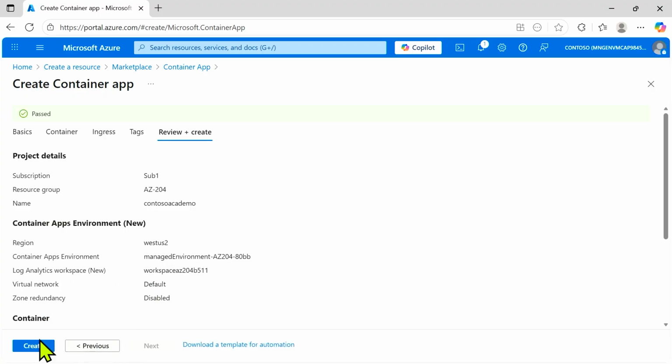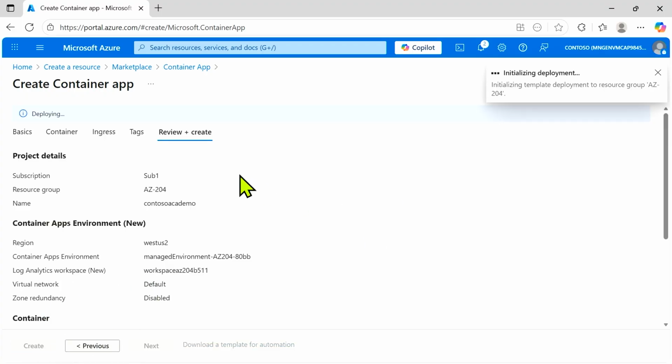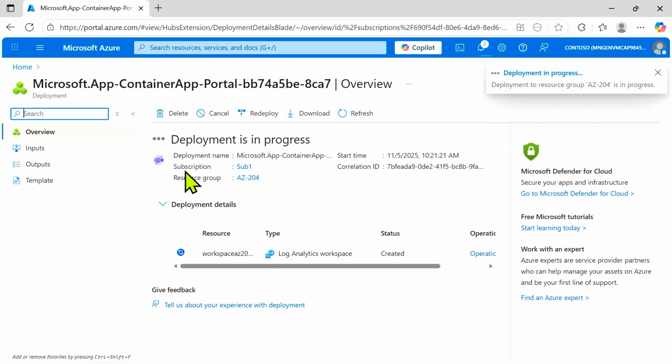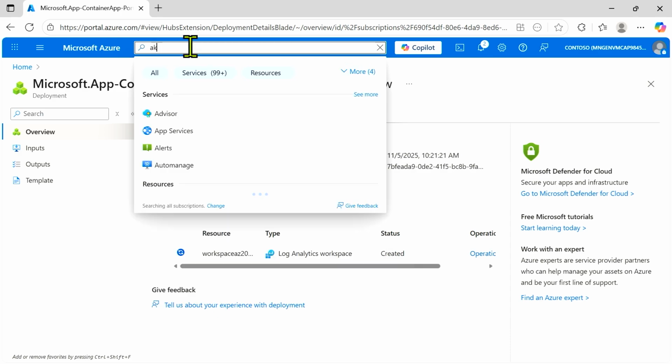I've got my container information. I now go to my ingress. I should be able to create this container app environment that is going to provide the resource infrastructure and the orchestration of those resources. Now I'm going to go off while this is doing this. I'm going to come into an AKS solution